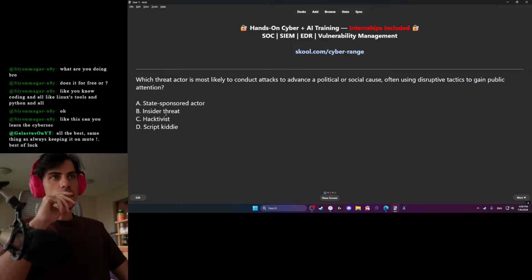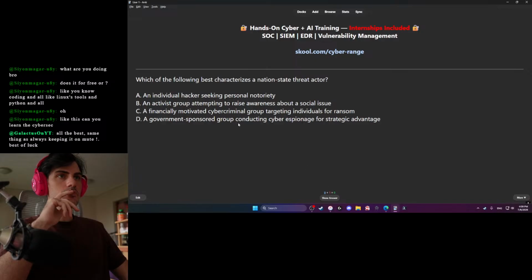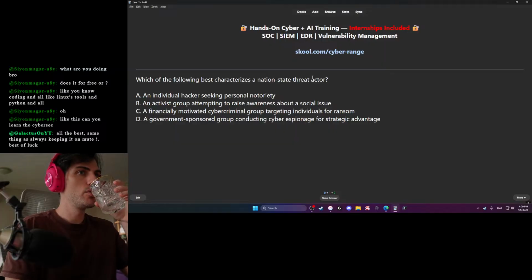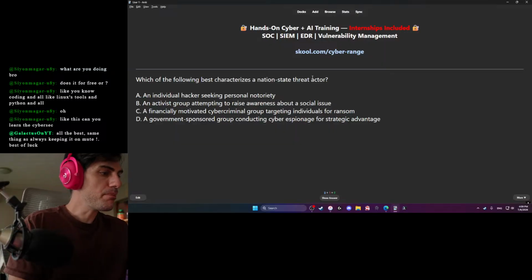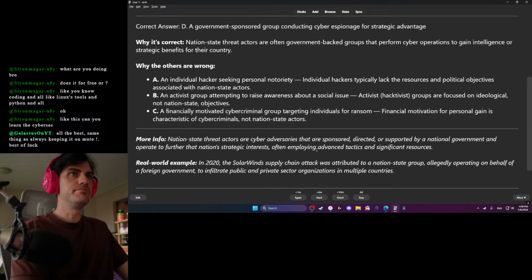Probably C, right? Yeah. Which of the following best characterizes a nation-state threat actor? Government-sponsored group conducting cyber espionage. D.